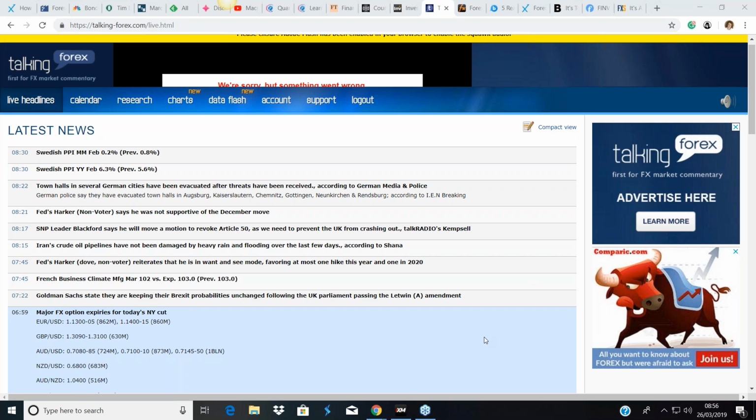So this is a 24-hour market. It is available to trade 24 hours a day, 5.5 days a week, roughly, because it opens on a Sunday. But you have to be aware of it. It's not simply that you can just go in and trade, if euro dollar is your favorite pair. If you're in the Asian session, the chances are it's not going to move as much as it does in Europe, London, and New York.